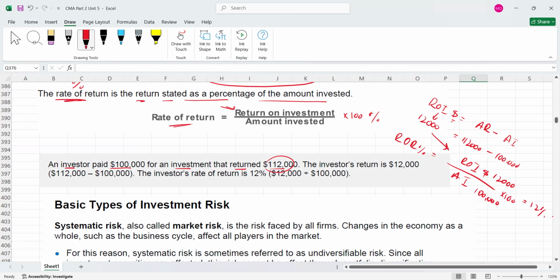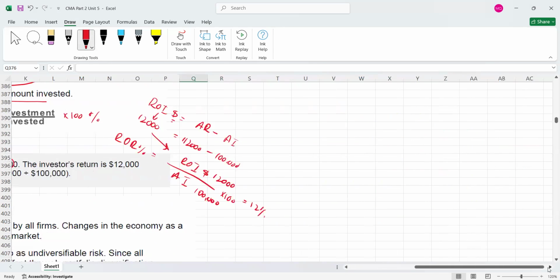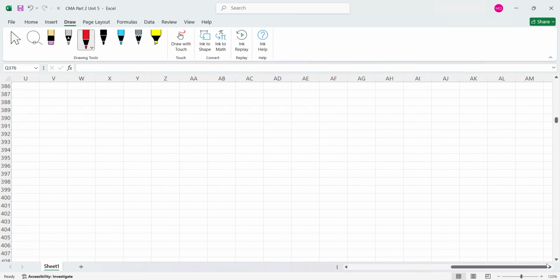Now, guys, I'm going to explain how you will solve it in the question. Please remember, if in an exam question he is asking you to calculate the return on investment in percentage, or simply the rate of return, return on investment means this percentage answer is also called rate of return. So if in your exam question he is asking you to calculate return on investment, and you see that the options are available in percentages,